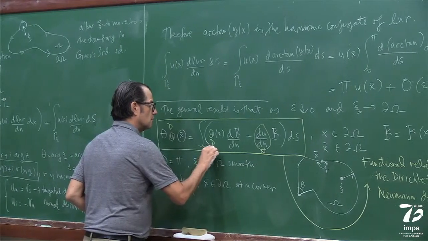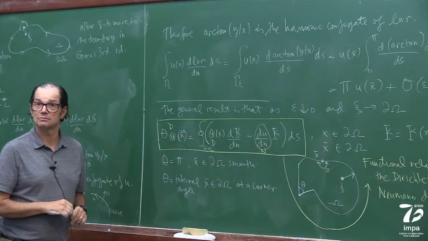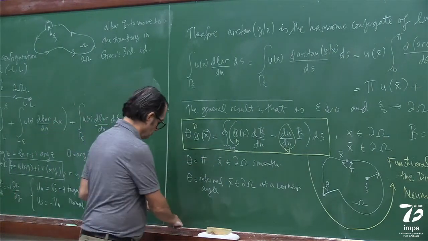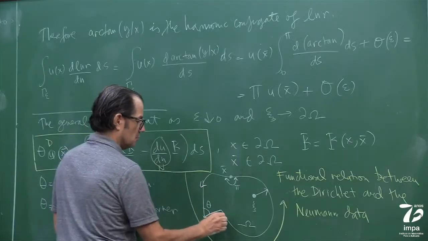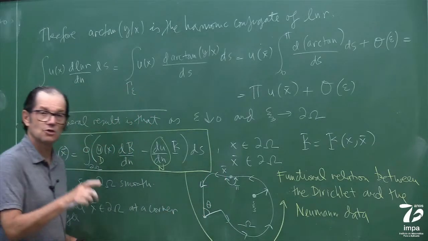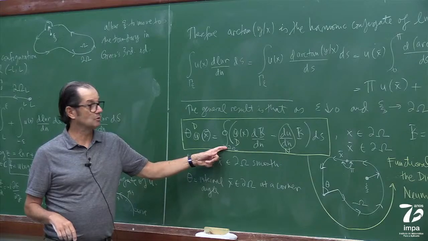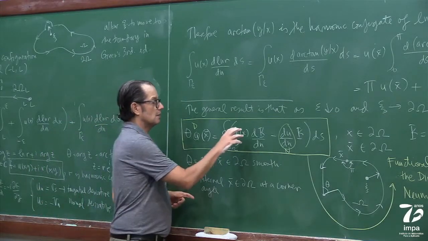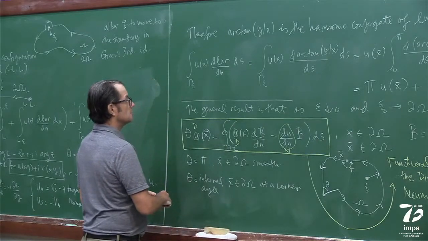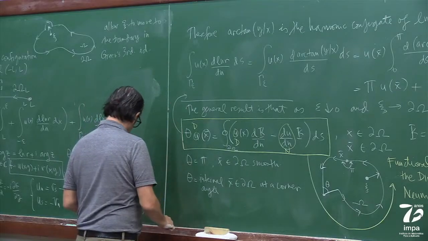over the boundary, and for the two-dimensional case, this is a line integral, right? That's the right notation for a line integral. So if I do an integration, let's think of the 2D case like this, over the integral. And if I approximate this integral, this is going to be like this. If I approximate this, let me see where I can write this. Let me keep this here. So if I approximate this